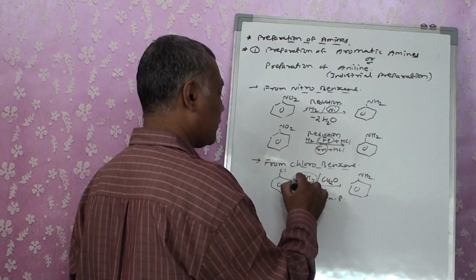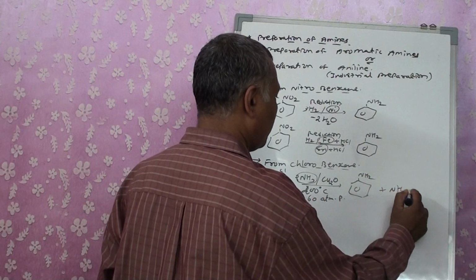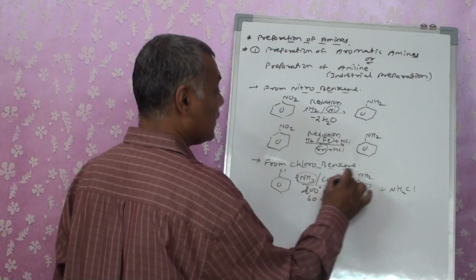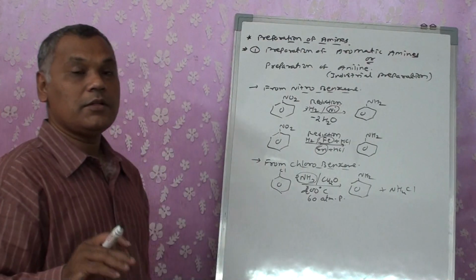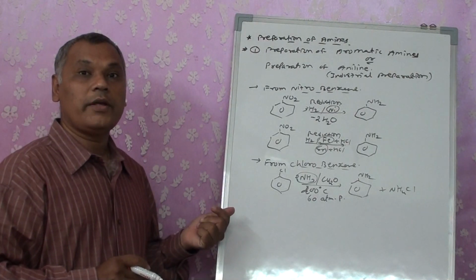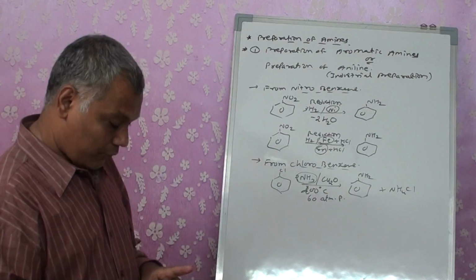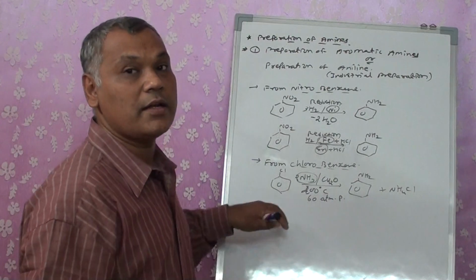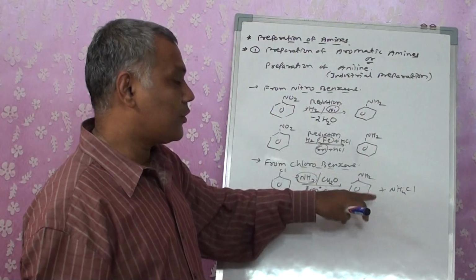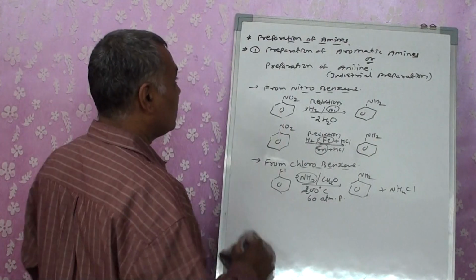When we have NH3 as 2 moles, NH4Cl is a byproduct. Right? So this is particularly not given in our chapter 13. This is given in your previous chapter, chapter number 10, haloalkanes and haloarenes, as a reaction of chlorobenzene. But this time, in place of a chemical reaction, we are writing it as a preparation. It is one of the methods for the industrial preparation of aniline. Okay, so that is from nitrobenzene.